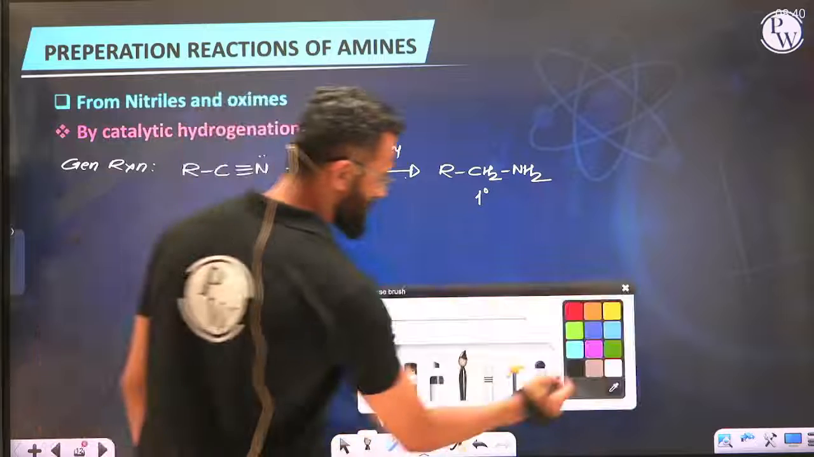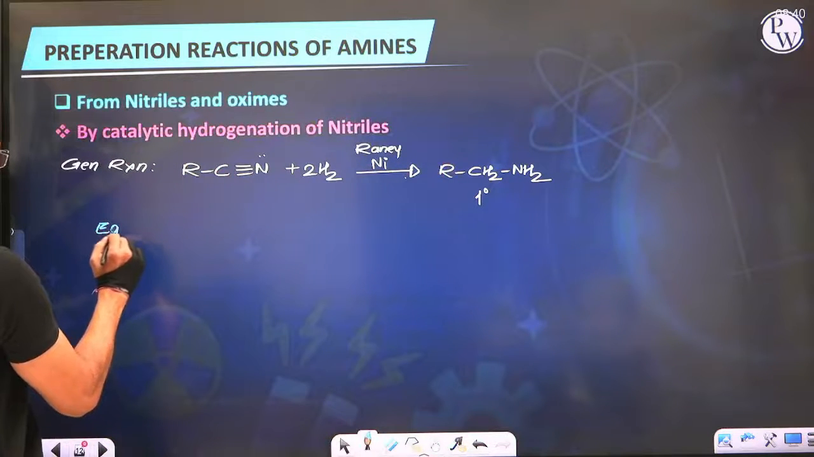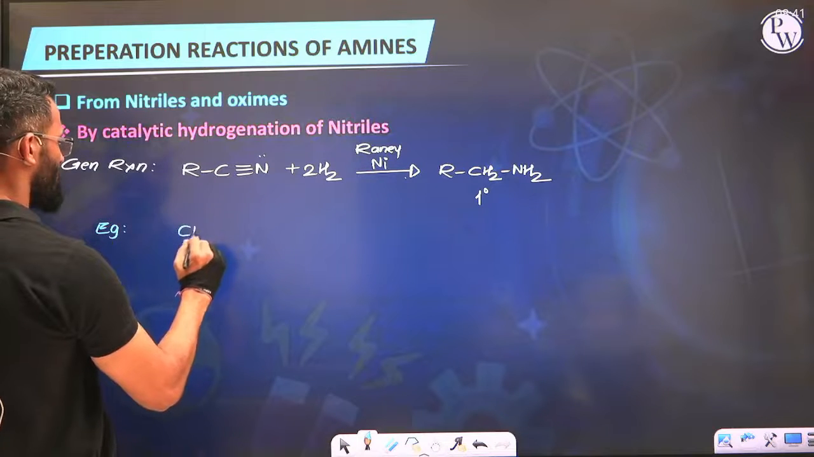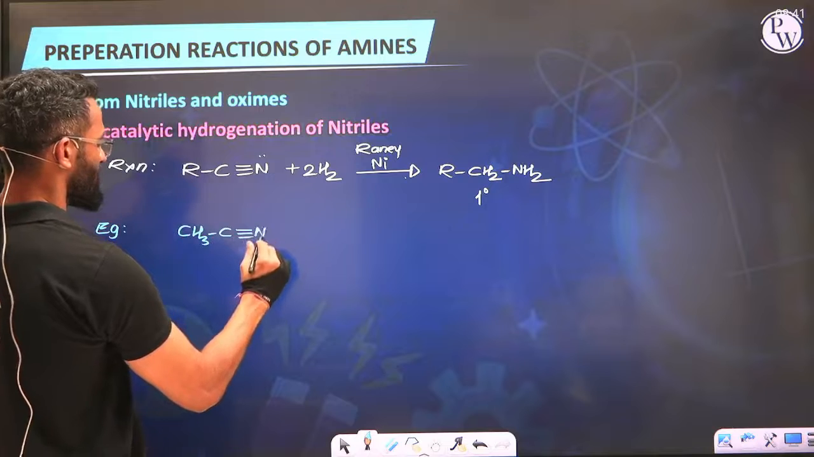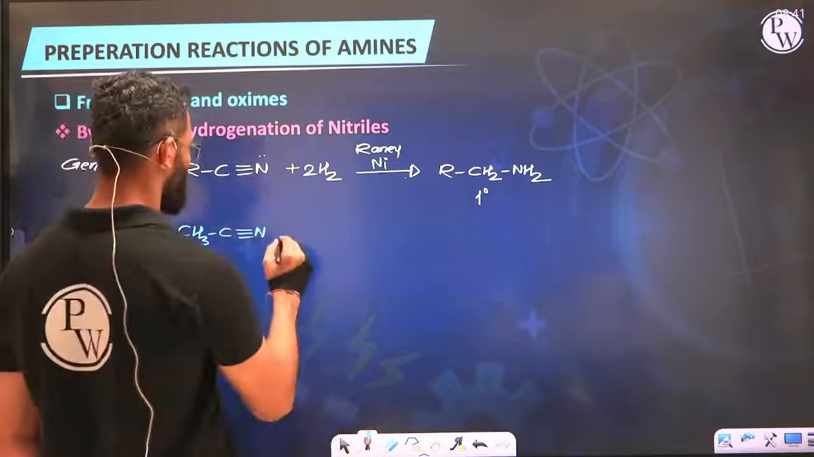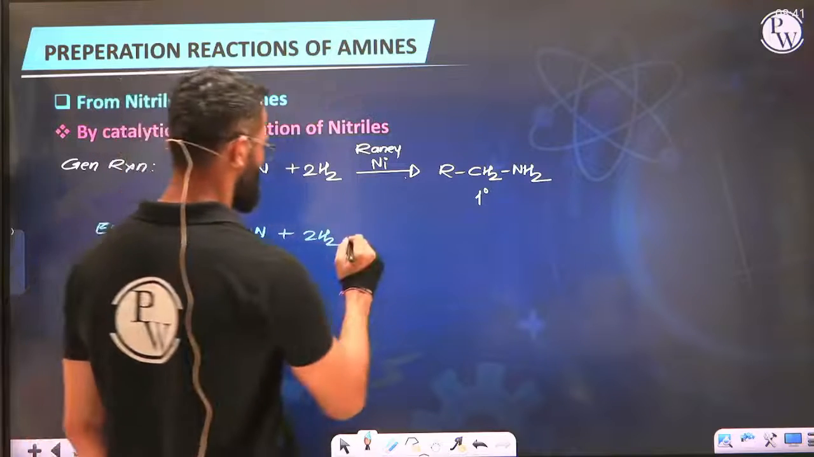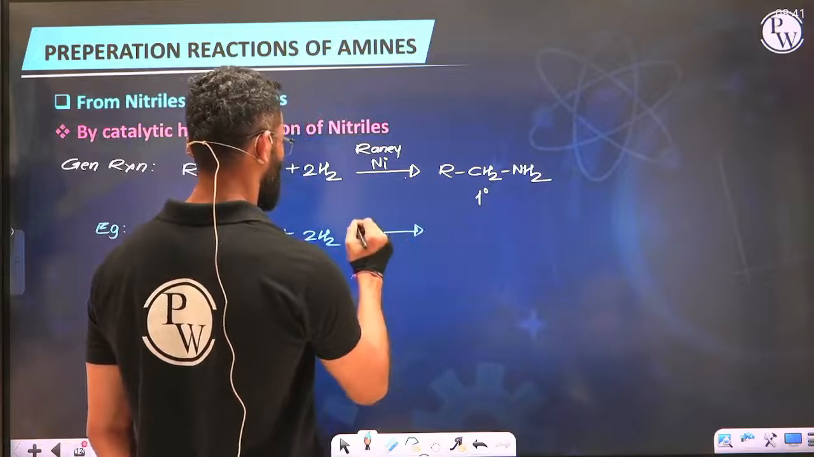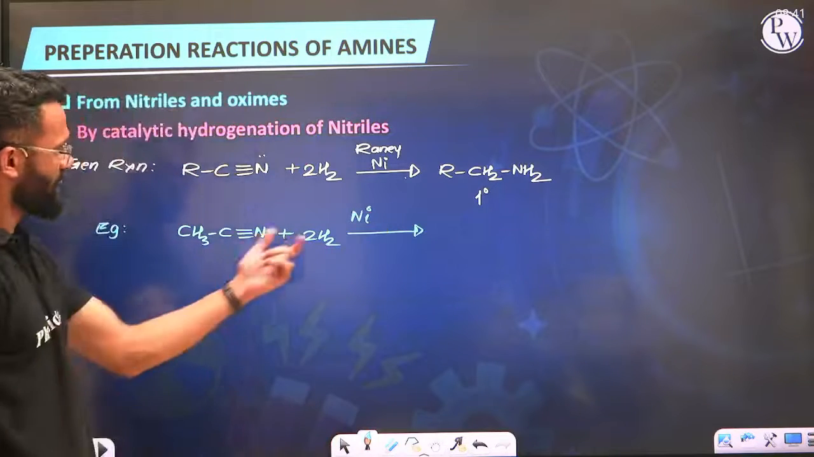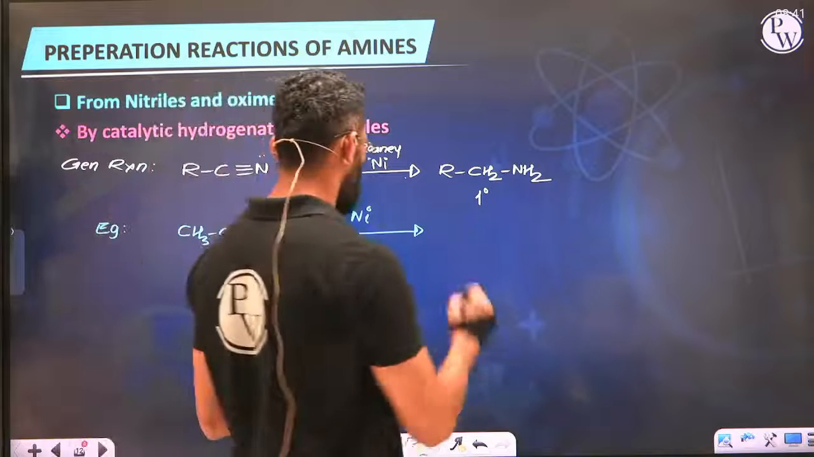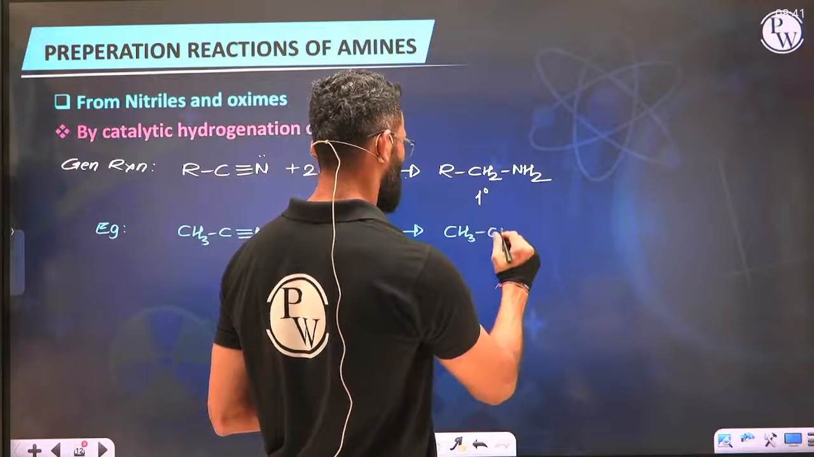So as an example, let's say we have been given acetonitrile. Acetonitrile is methyl cyanide, or ethane nitrile, you can say. Upon passing hydrogen gas in presence of nickel catalyst, hydrogenation across the carbon-nitrogen bond will result in the formation of